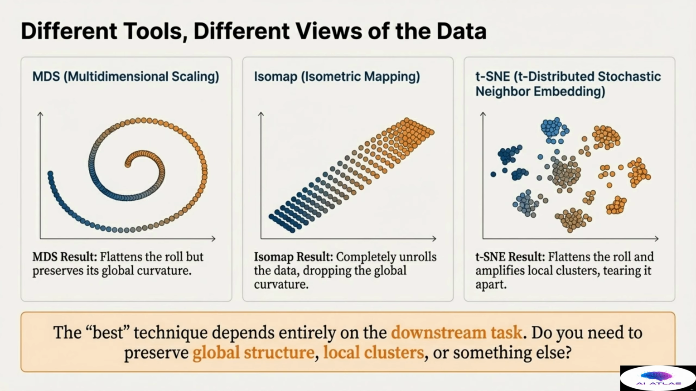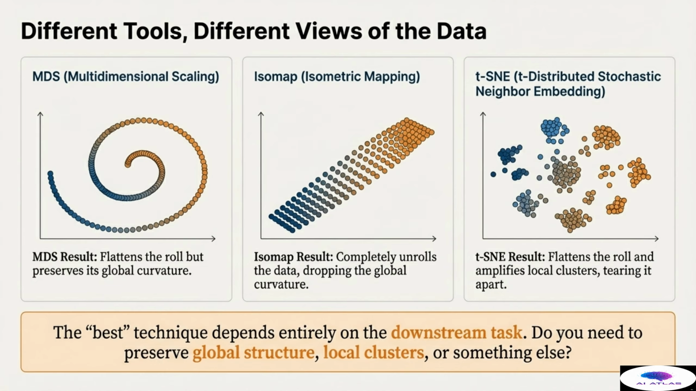This slide provides a powerful visual synthesis, demonstrating how different dimensionality reduction tools yield different views of the exact same data. We applied three major algorithms, MDS, ISOMAP, and t-SNE, to the Swiss roll manifold. The MDS result successfully flattens the roll but attempts to preserve the global curvature. Because it tries to keep the far points far apart, the center remains compressed, reflecting the high original density. The ISOMAP result, being a true manifold learner, completely unrolls the data, successfully dropping the global curvature to create a